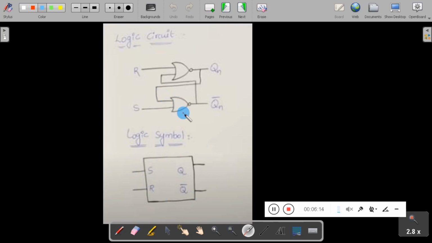So according to the truth table, let me draw the truth table of RS.